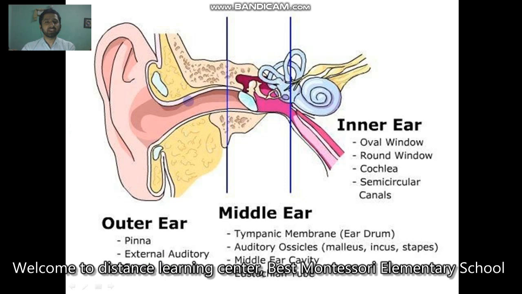In the auditory canal, there is a presence of earwax. This earwax prevents dust particles and insects from entering the middle ear, because in the middle ear there is the tympanic membrane, the eardrum, which is a very sensitive organ. If it breaks, we cannot hear the sound wave, and to protect it there is earwax.